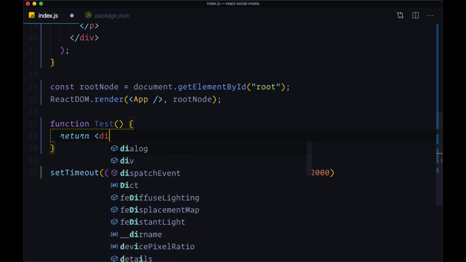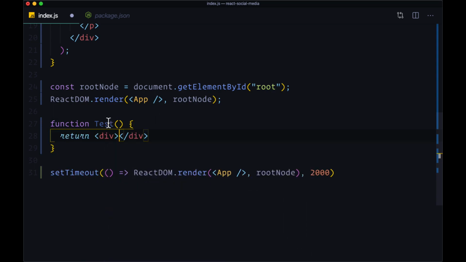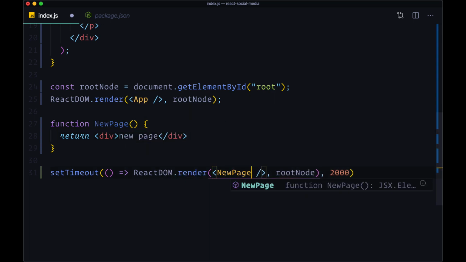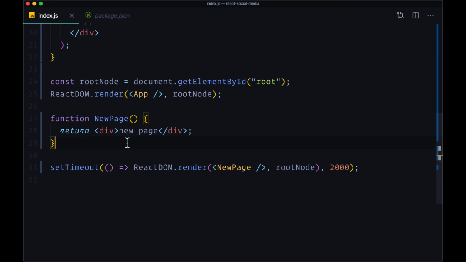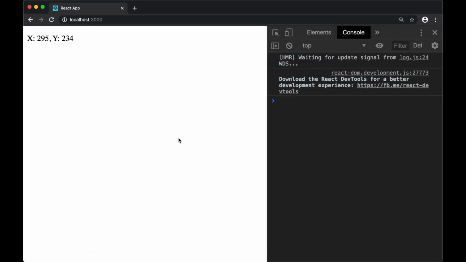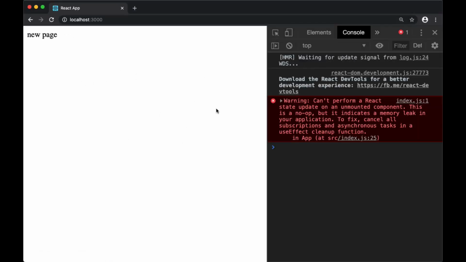I'll just say test. We could just say new page. This will simulate going from the page that displays our app component to another page. So let's save and see what happens. First of all, we can track our mouse movement, but when we move to the new page, we see this